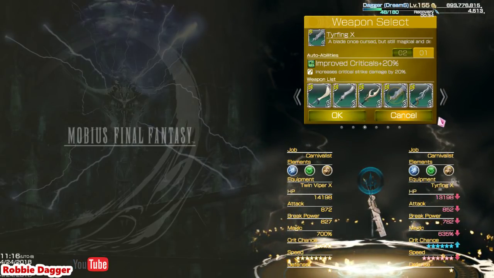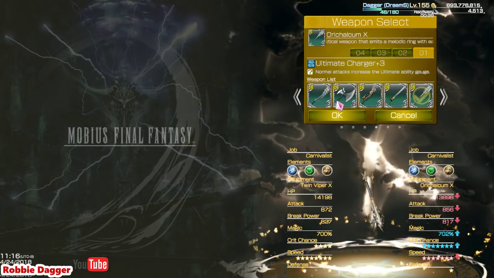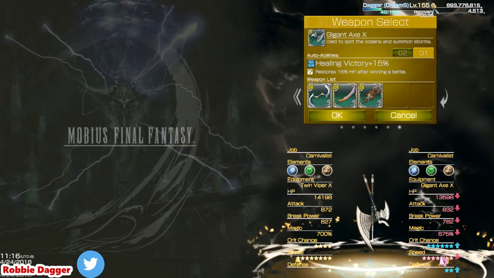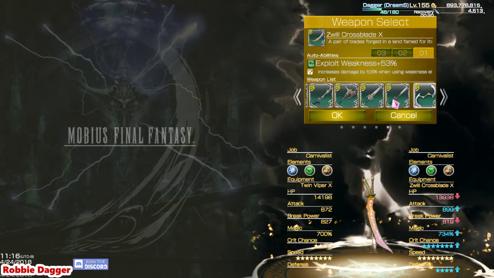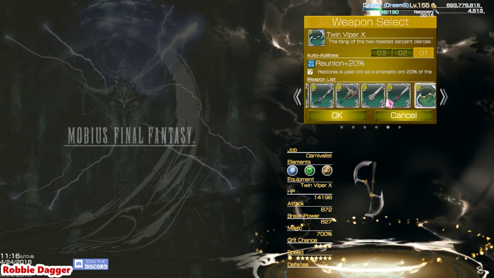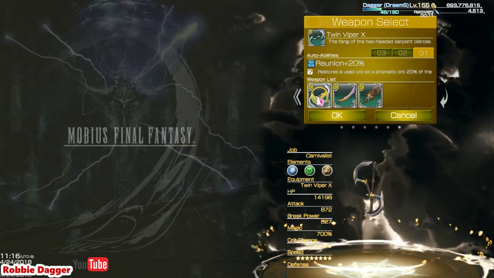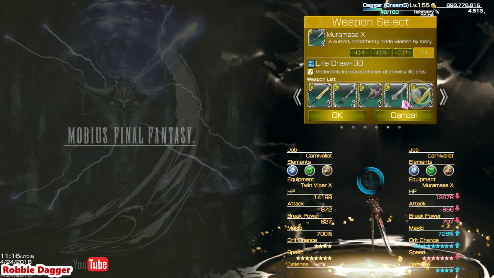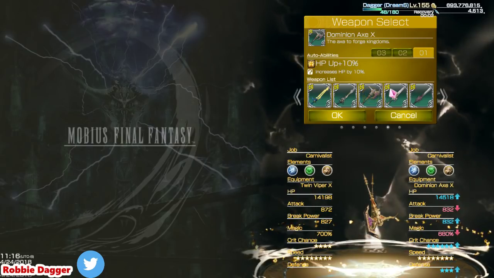Although my best recommendation for multiplayer would be whatever weapon gives you your highest defense stars right now, because as you can see, this job is very squishy, and you don't want to be relying on your party to survive. So if I was going in a party where the party for sure knew what they were doing, I'll go with the Twin Viper. But if I'm running this in pickup groups, I'm going to at least stick on the Dominion